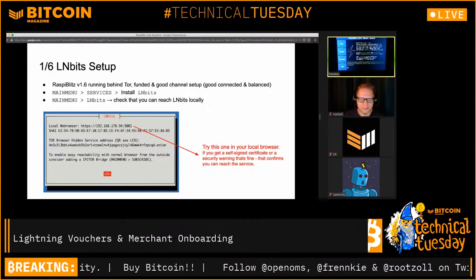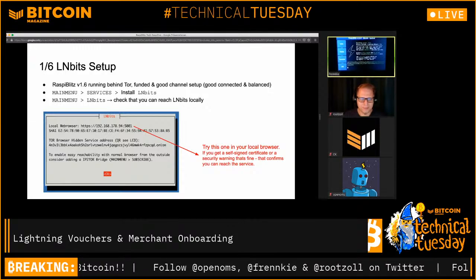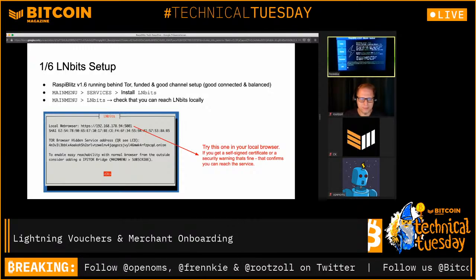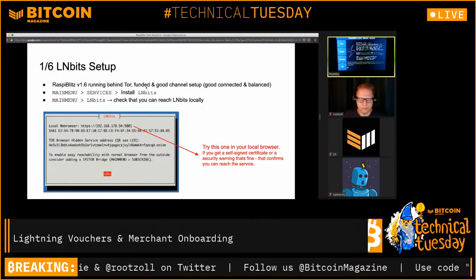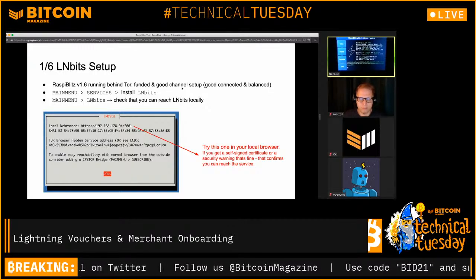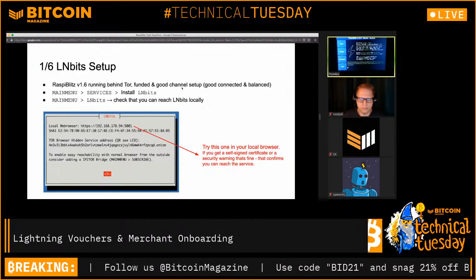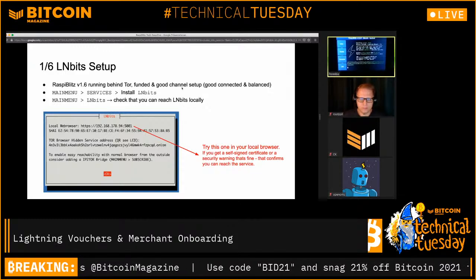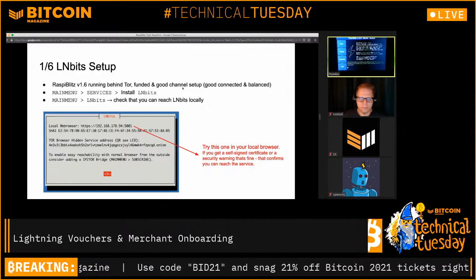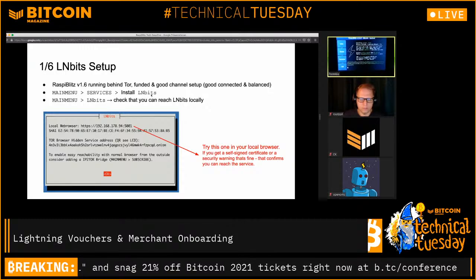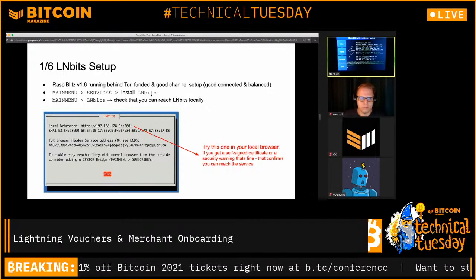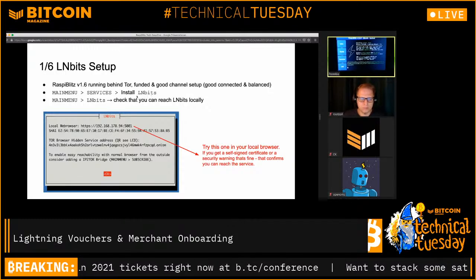So basically, what you do is you set up your Raspiblitz with the current version 1.6. You have Tor enabled. You have at least some funds on there, and you have at least one channel. It would be good to have some inbound liquidity, but it's not essential for this step. And then you just go to the menu, services, and install Blitz. This will take a little time to get all the dependencies installed, but then it will be set up